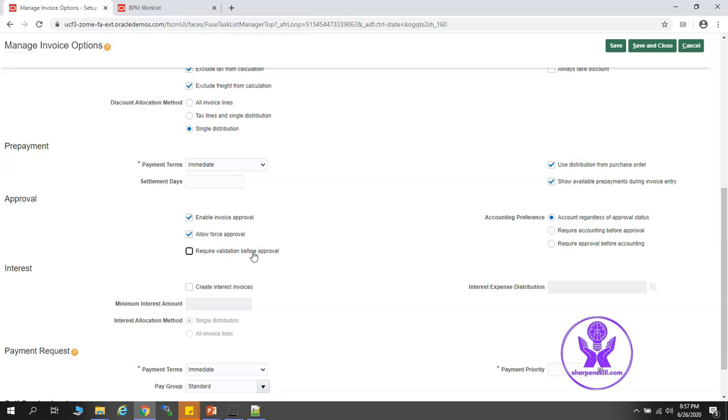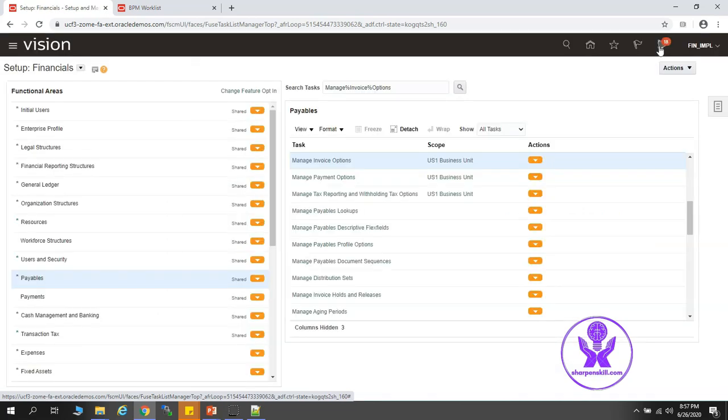Alright, so I will select this option also, require validation before approval. Alright, so I'll save and close. That's all, the configuration of the payables invoice approval workflow. In the next video, we are going to test whether the approval rules are set up properly and working as expected. Thank you.